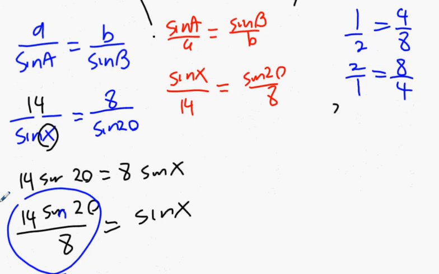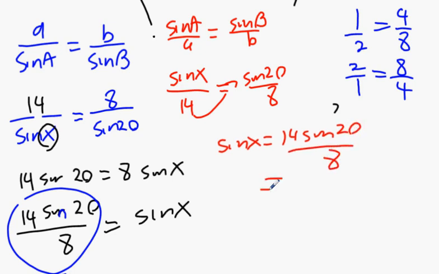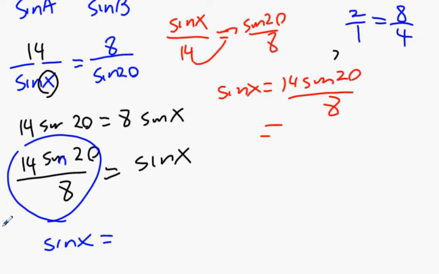And all you have to do this time is bring the 14 up beside the sine 20. Sine x equals 14 sine 20 all over 8. And as we know already, that's equal to 0.598. Then you can just sine inverse it that way, and you get the same answer. Okay, that's slightly quicker, but more or less the same difficulty. Now,